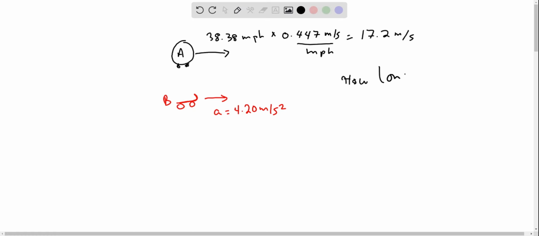So, how long is a time question? But we can look at it this way. If we look at the distance versus time graphs for those two vehicles, basically the car is traveling with a constant speed. So the distance curve for car A is simply its